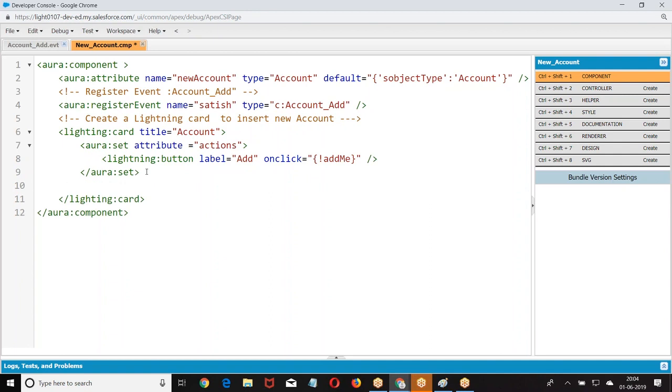Then I was going to give lightning input label, account name, value equal to, what was that, new account dot